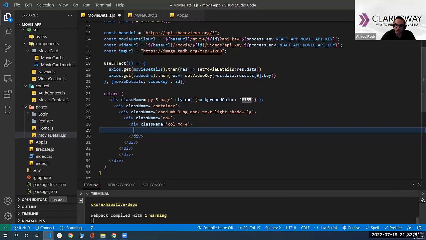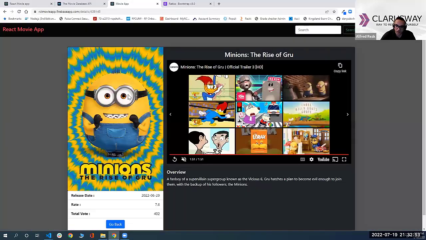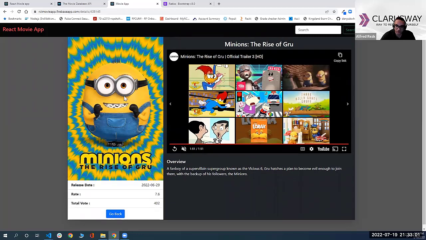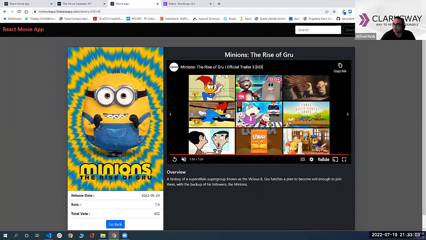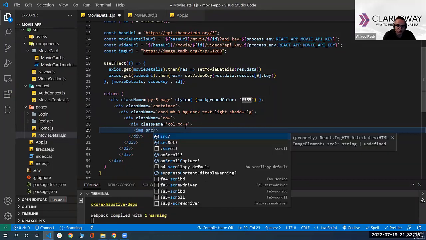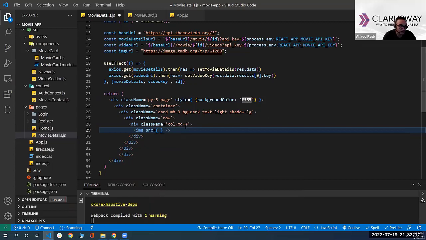So in the first column, I want to show the image, the release date, the rate, and the votes. So I'm going to be working on this side of the card, which is in the column medium 4 here. The first thing I want to show is the image. And for the image, I'm going to add the source, and the source is going to be the image URL